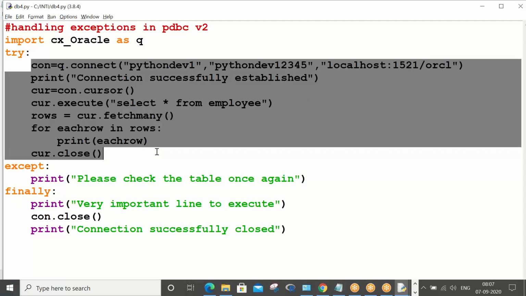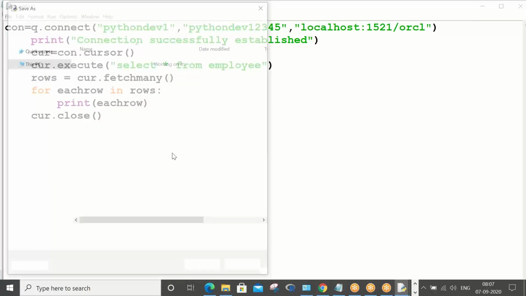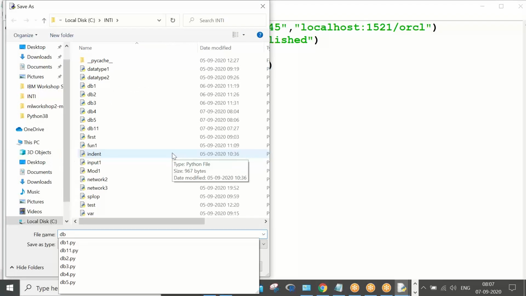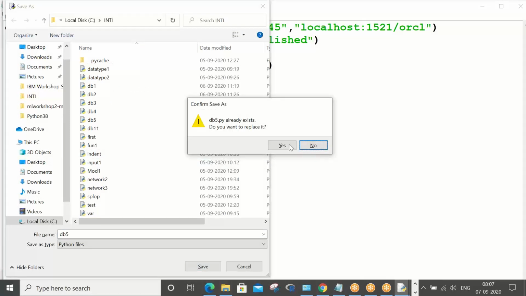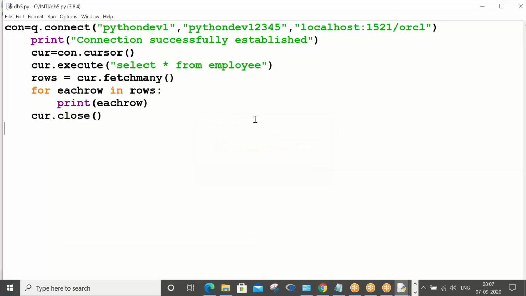See, from here on, all are simple. Control N, control V, control S. So I already did that. Okay, so DB5, replace, yes, replaced.